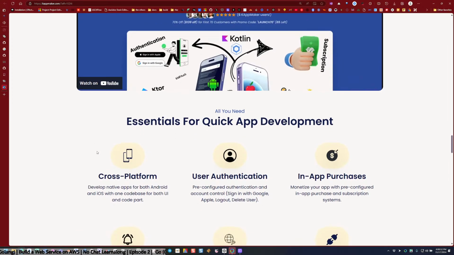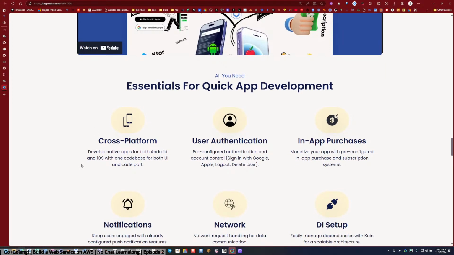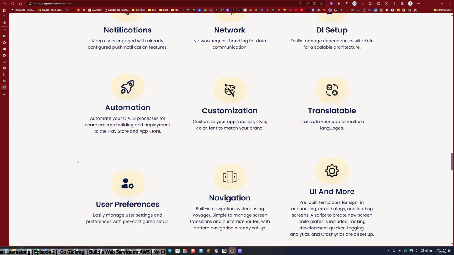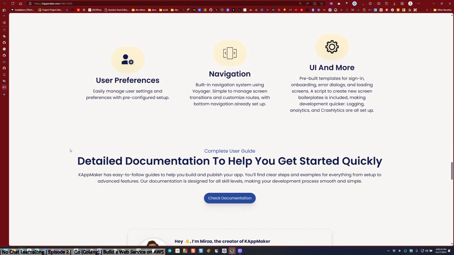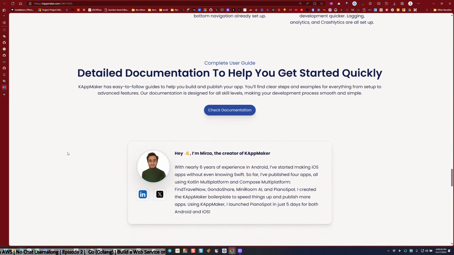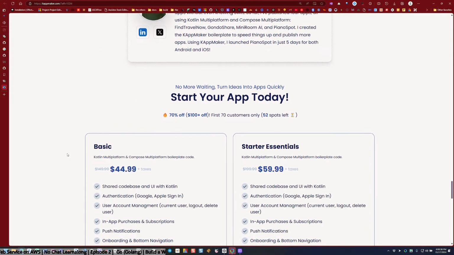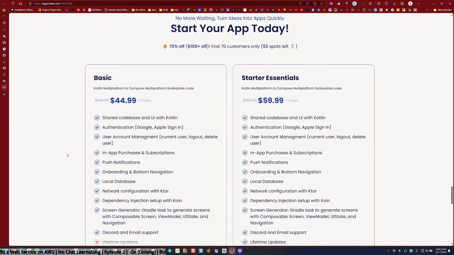But Go's just gotta get all cute. Cross-platform, user auth, in-app, DI, network notifications. $60?